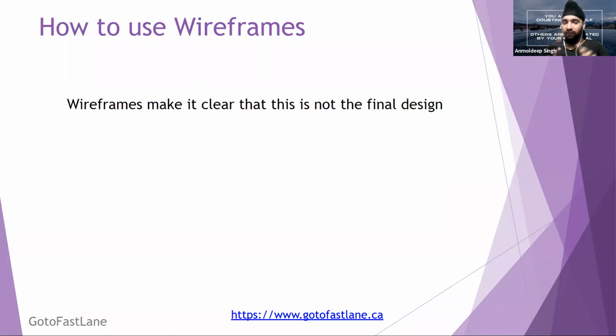Now, how to use these wireframes? First of all, wireframes make it clear that it is not the final design. It is just a rough placement. Also, you can do it right on paper, no issues. It is generally used more often on paper already, because it is more rough. It is completely rough, so many changes apply on it. If the layout is not so good, it is immediately changed. There is not so much hassle to change that layout. It is just a simple box. You have to just recreate that box. Not a big deal. But in case of a prototype, if we create a prototype and try to change that layout, it takes some hours. Human resource hours are compromised over there. It consumes the precious time of development.